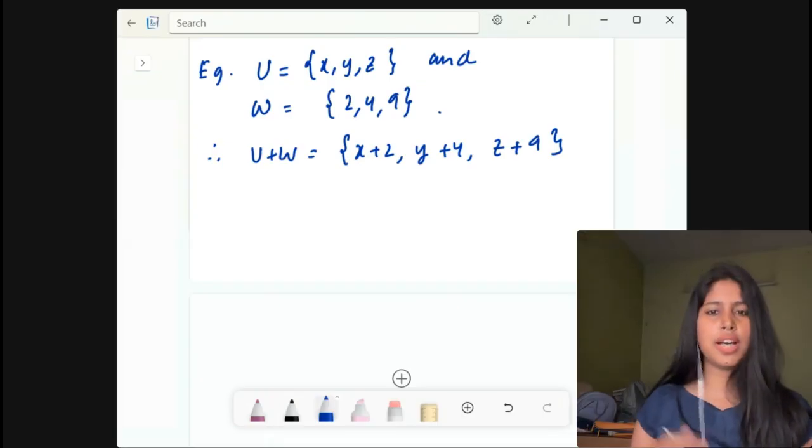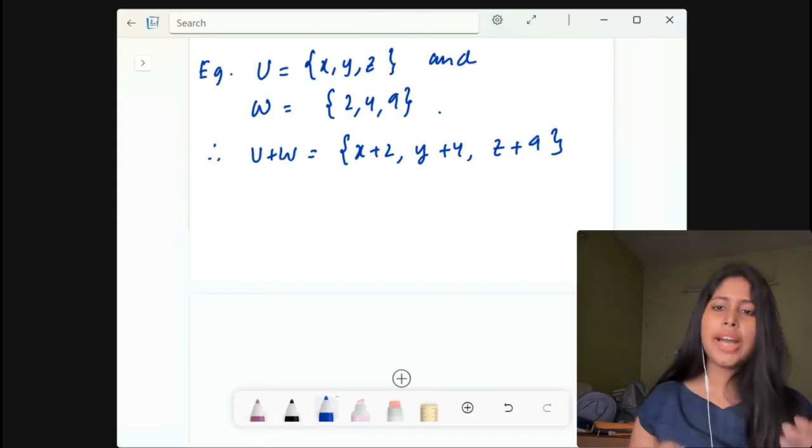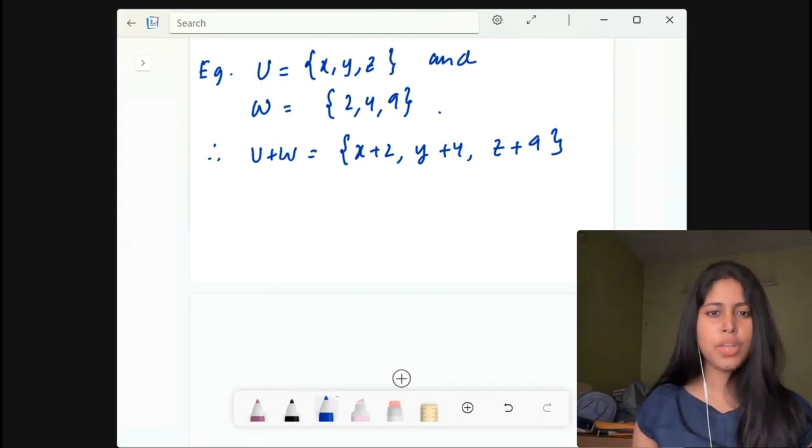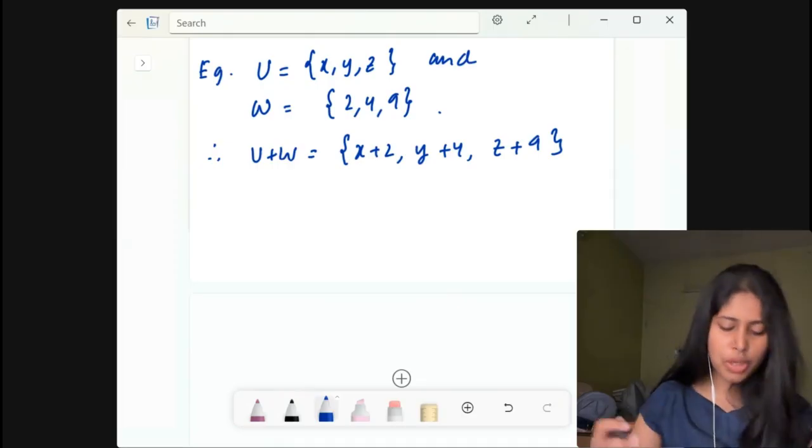Now, if you think of it intuitively, basically linearly dependent vectors are redundant. One of them can be built from the others, and linearly independent vectors all bring something new to the table. Okay, so this is the basic definition of linearly dependent and independent vectors, and that is the intuition behind it.